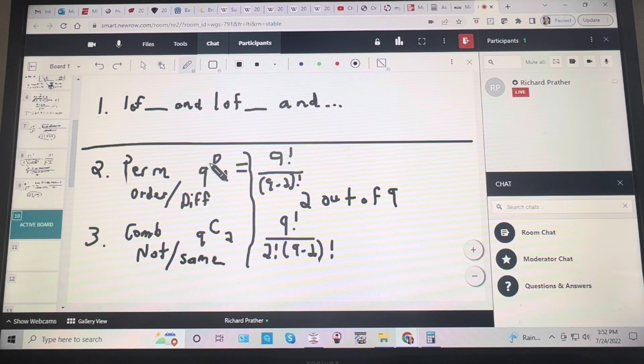So if you get a permutation, you start at 9. You start decreasing by 1, multiplied together until you have this many numbers. Because this is going to be 7 right here, and the 7 factorial is going to knock out 7 down to 1 in the top, leaving only 9 and 8. But the shortcut is if you get, say, 13